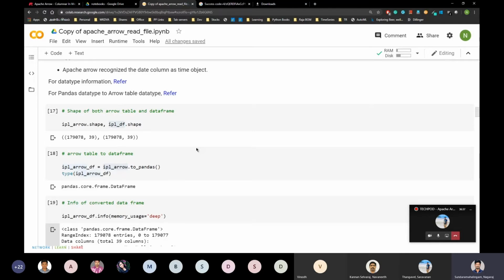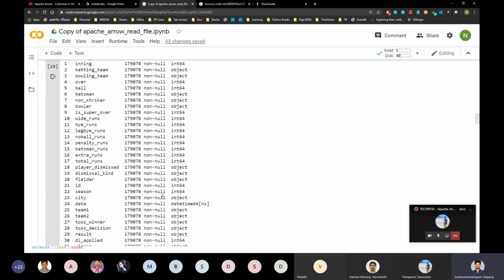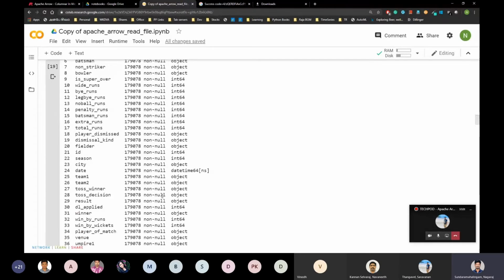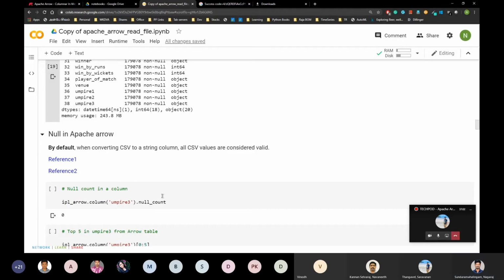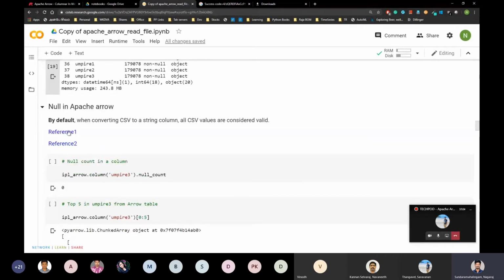If you use programming much, you know that an empty string is not a null value. Null is different, and an empty string is different. So it converts null to an empty string. That's why you see all the values as non-null, because it denotes every value as some value, even though it has some null values. These are the references for that.